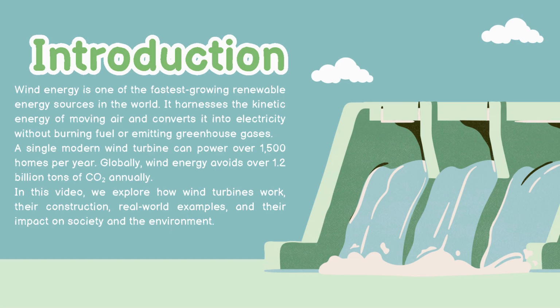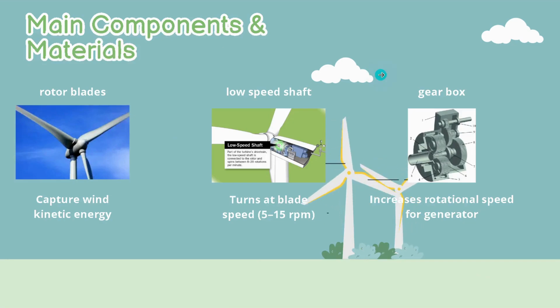In this video, we will explore how wind turbines work, their construction, real-world examples, and their impact on society and the environment. Now, let me explain the main components and the materials used in the wind turbine. First, the rotor blades. They capture wind kinetic energy and are typically made of fiberglass and carbon fiber for strength